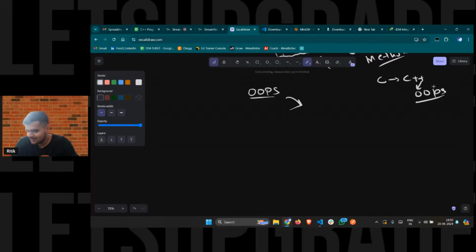right? We've been hearing about OOPS a lot, right? Object-oriented programming. C++ supports object-oriented programming. It supports all the features of object-oriented programming: polymorphism, inheritance, encapsulation, each and everything, right? Now let's actually see what OOPS are. What purpose do they serve? So there are majorly two things involved when you first do OOPS. The first one is the class. The second one is the object,